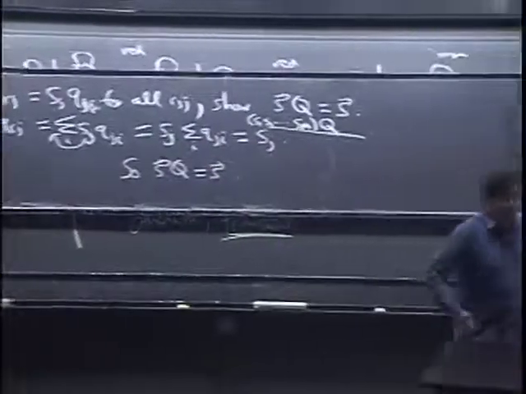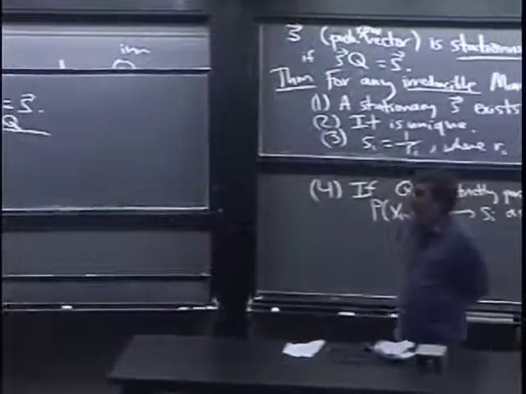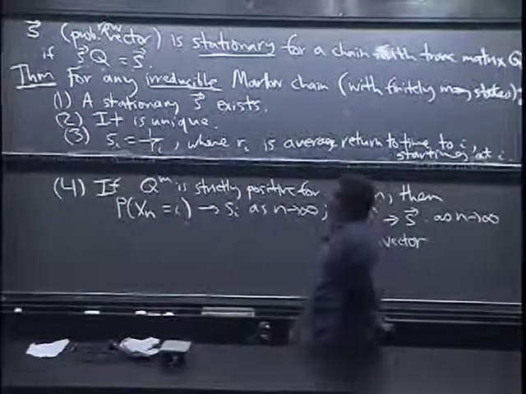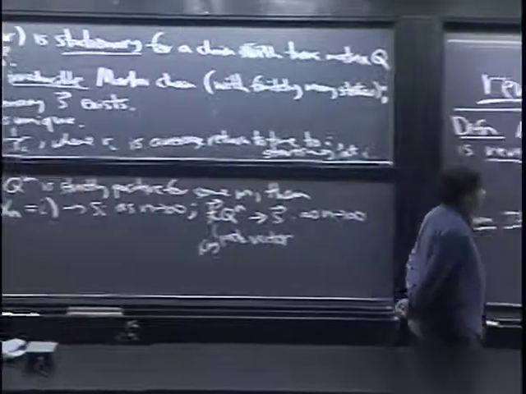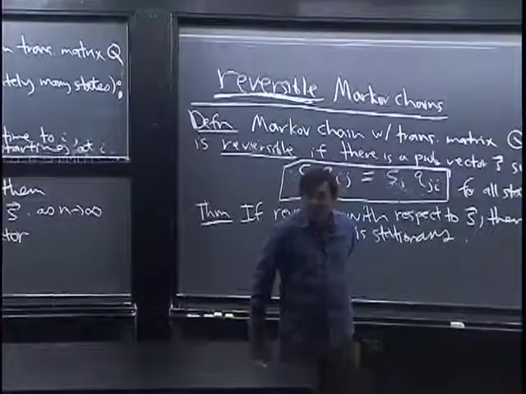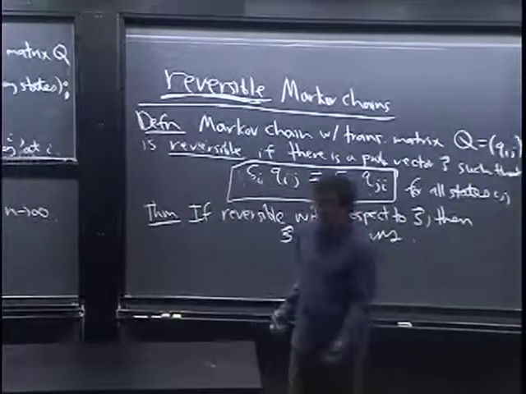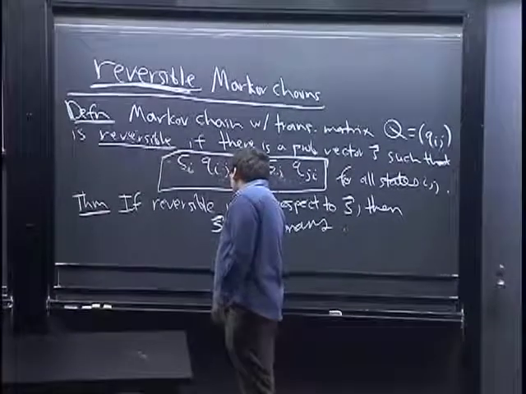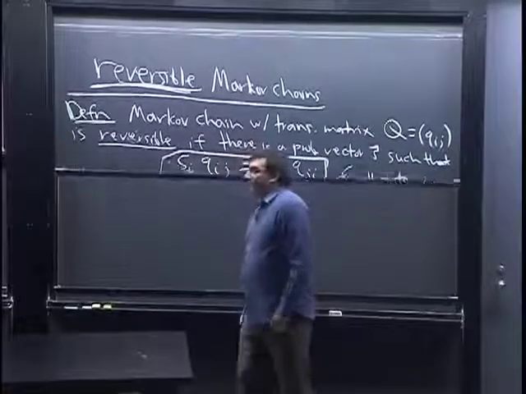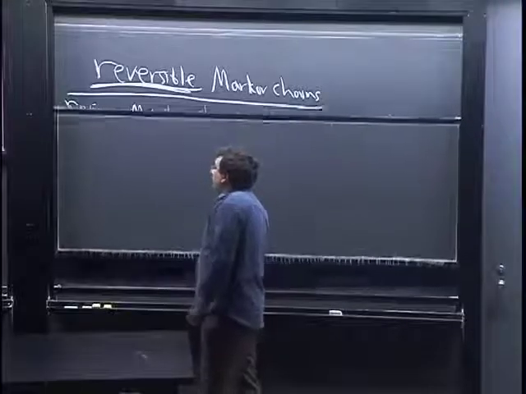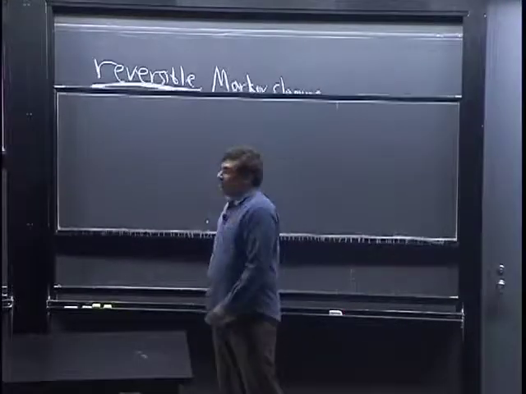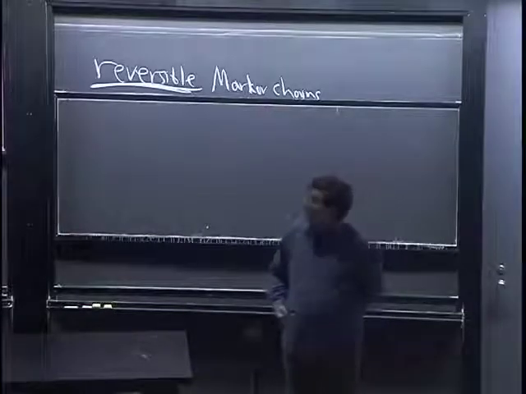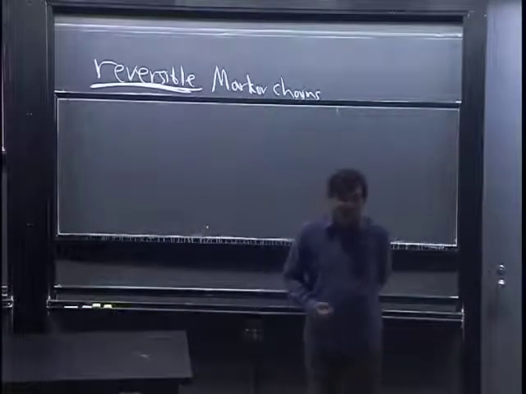Okay, so reversibility implies stationarity. That's all well and good, but are there any interesting examples where we can actually do this? There are a couple in the handout. I'll talk about the most important and, I think, most interesting one now. So, an example of a reversible Markov chain